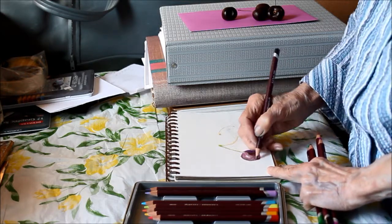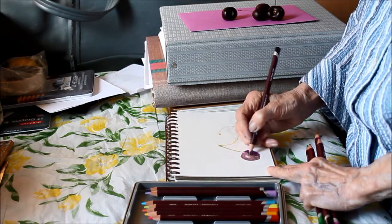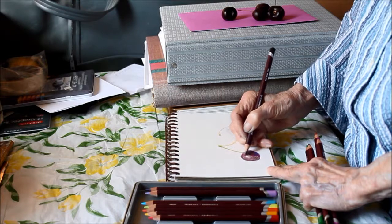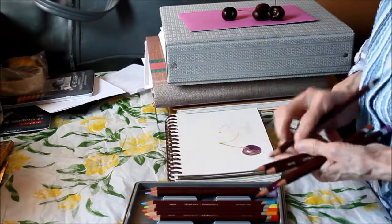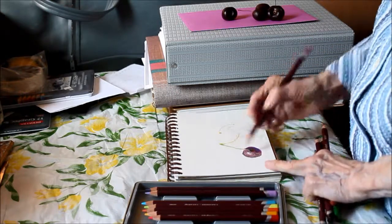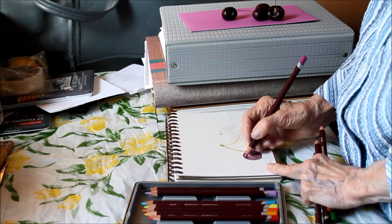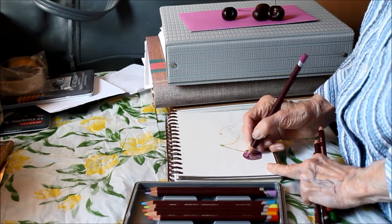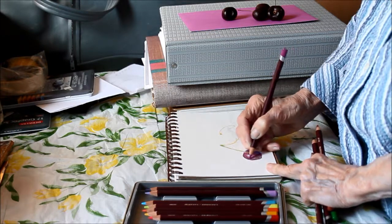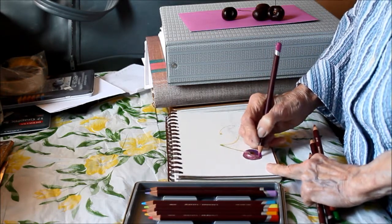If you got a whole big set of colors, then you don't have to do this mixing, and it's really neat because you just pick them up and go with it, just run and do your coloring. But if you don't have the big set, then you got to mix your colors and try to get as close as you can using the pencils you have. Now, of course, you could use some other colors, but that dark area is really not very